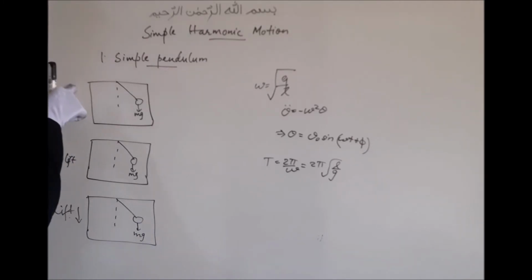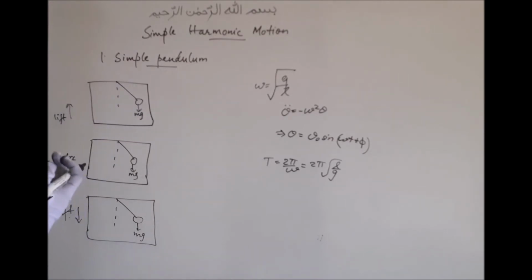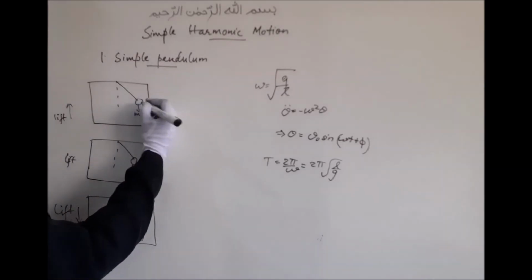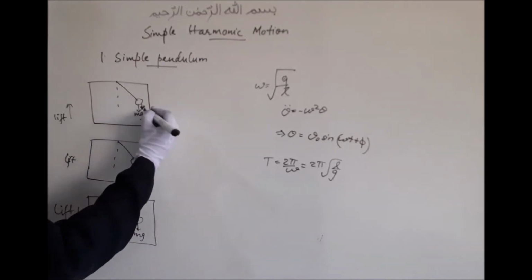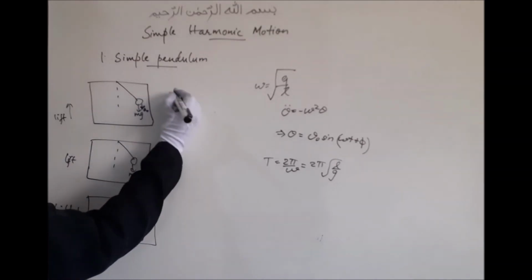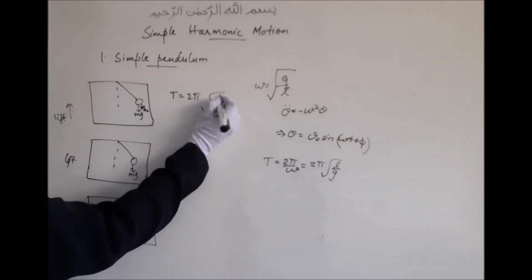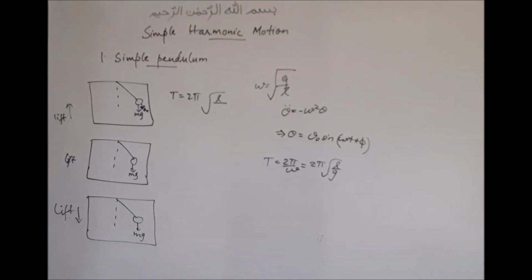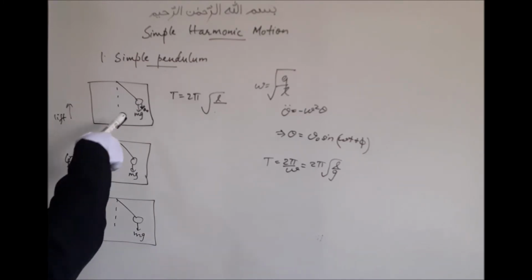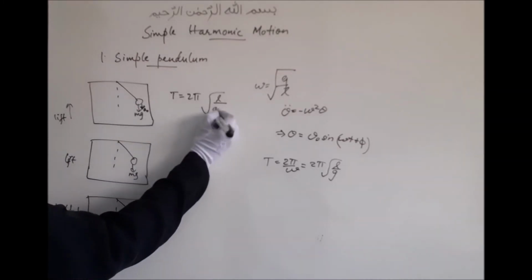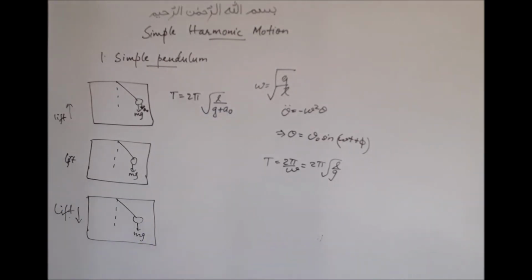So when the lift is going upwards, the bob is going to experience an external force because of the motion of the lift, right? So when the lift is going upwards, the bob will experience a force downwards. So this force is going to be some force acting downwards. Let's say that acceleration is a naught. So time period is going to be 2 pi root of L by, now here the angle theta between both mg and a naught is 0, right? G and a naught, the angle is 0. So this will be just g plus a naught. You can put that in that magnitude of A plus B formula.